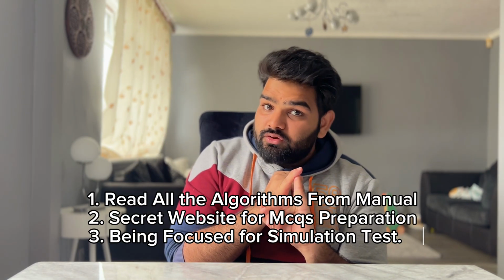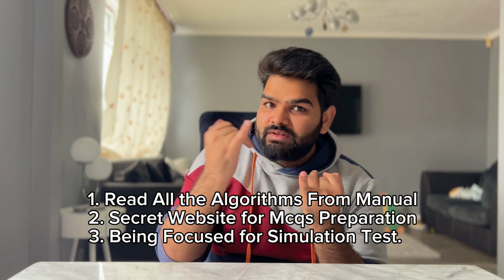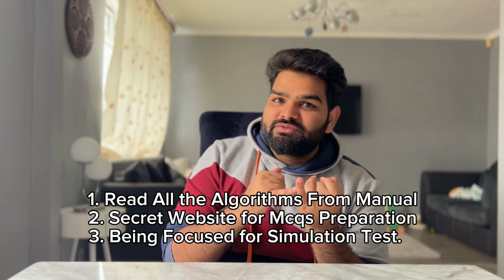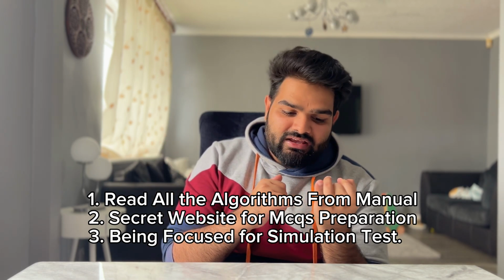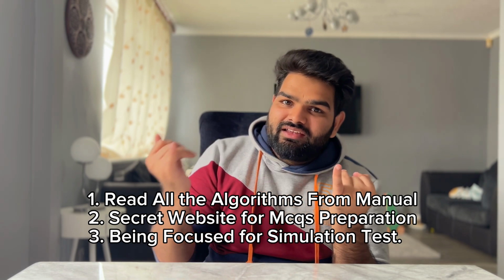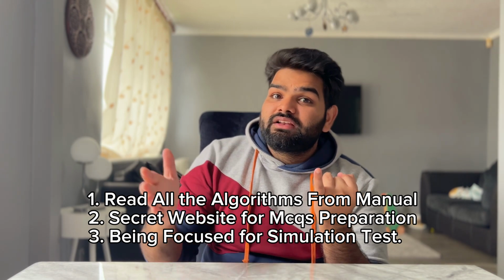So there are just 3 things: the algorithm from the manual, and the Advanced Life Support MCQs, £6 subscription, you will get it for 1 month. Do the MCQs from there, you will pass the MCQs test. And for the physical simulation test, again, the algorithms of the manual and being focused and concentrated during the day of ALS. They will teach you everything first, then they'll take the exam from it. So this is the only key to pass the ALS. It's quite an easy thing to do. It's not a very difficult